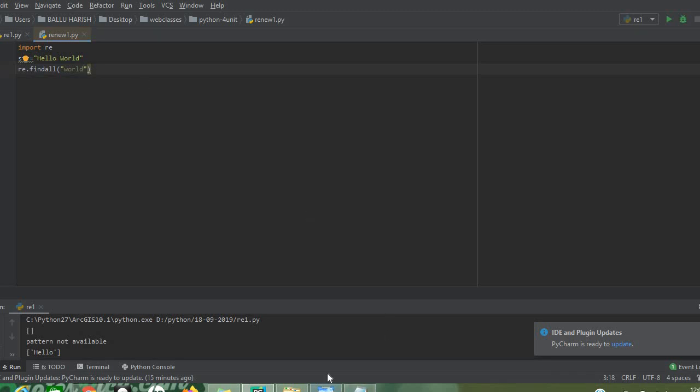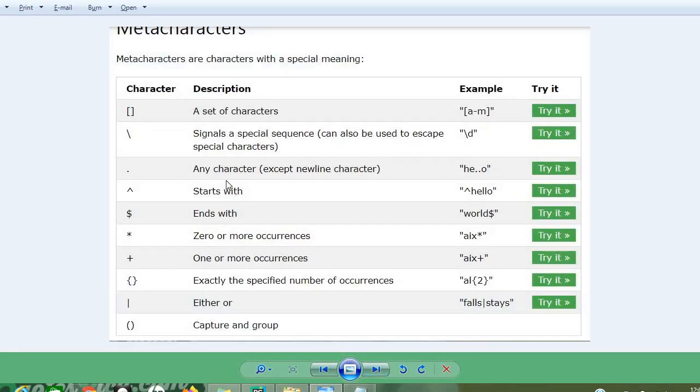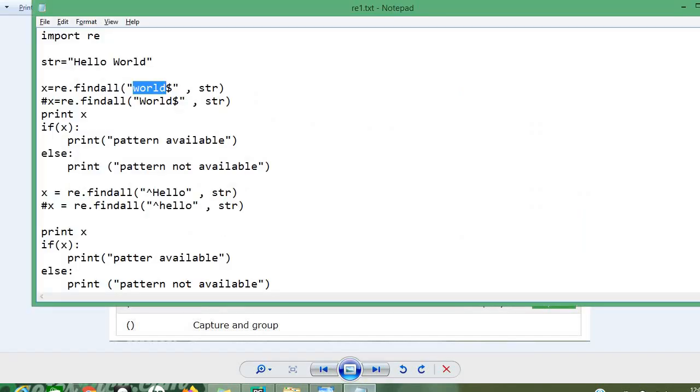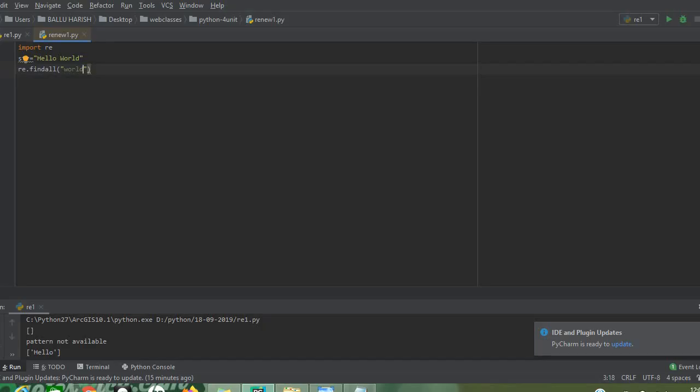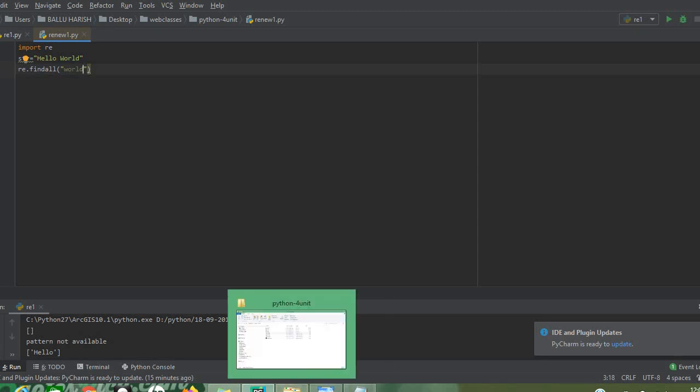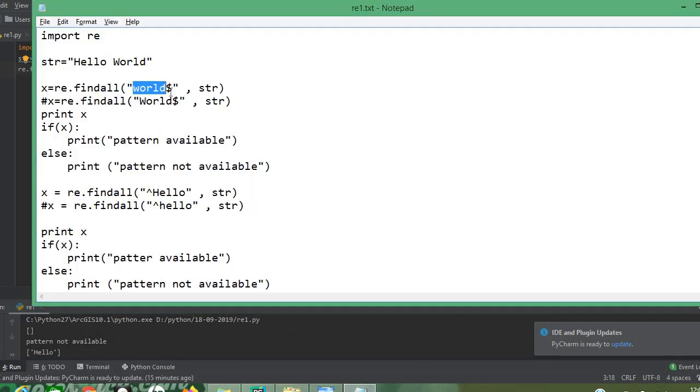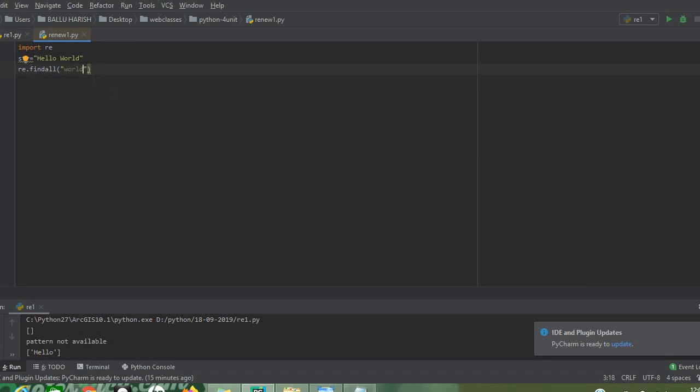The special characters are, I have given you a list. These are the special meta characters. Now I will make a find all using this dollar symbol. Dollar, Control V. Next, whenever you have seen the syntax of find all, first you need to specify the pattern